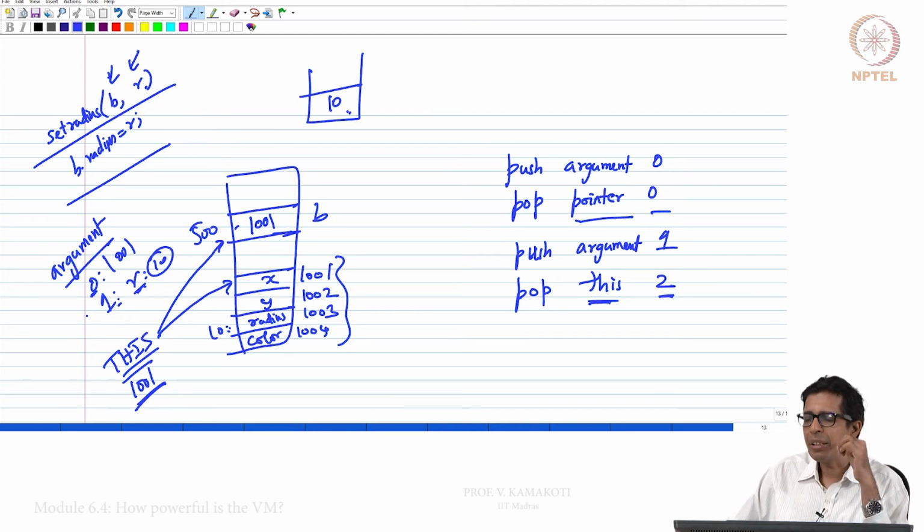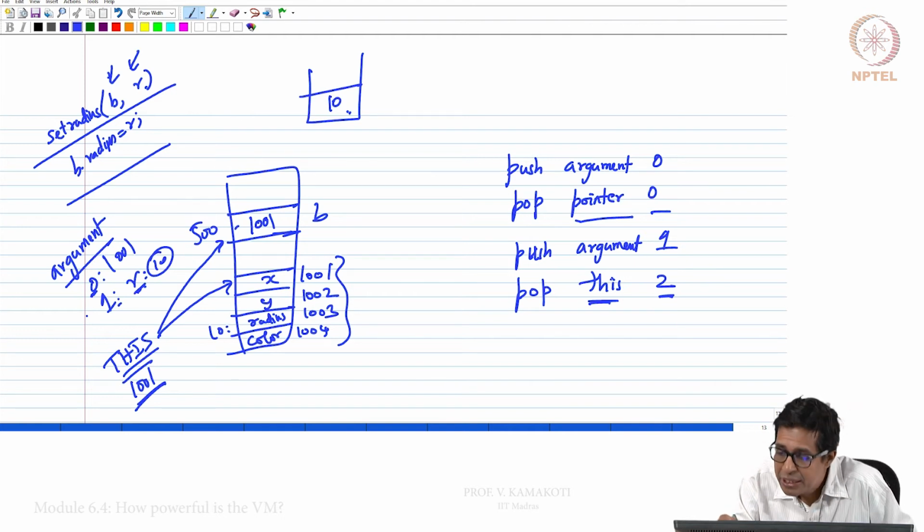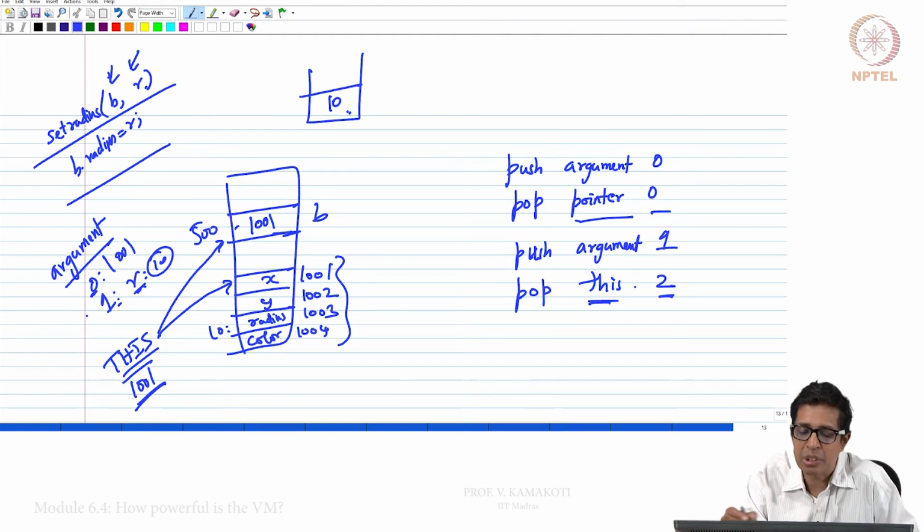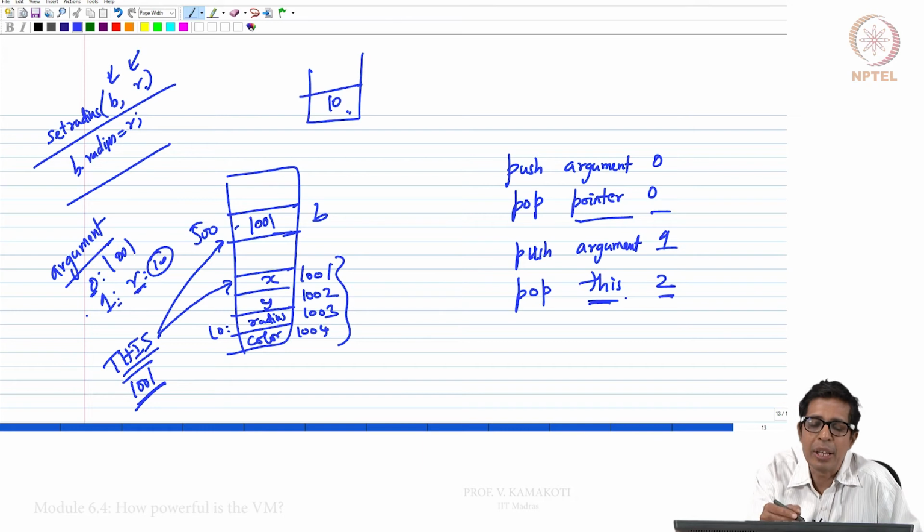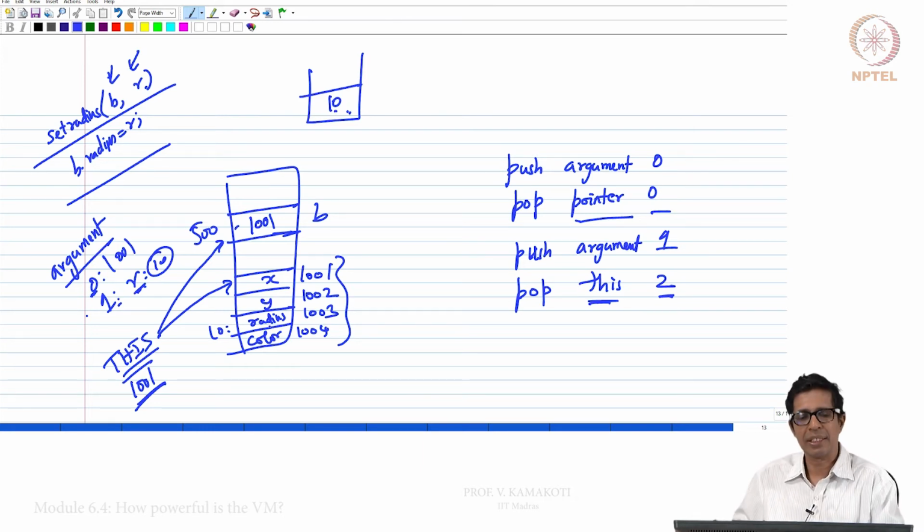So, right now I push argument 1. Argument 1 is R for me, so I am pushing 10 into the stack, and now I say pop this 2. So this now is pointing to the ball, that is 1001. Now when I pop this segment plus 2, that is 1001 plus 2, 1003, I pop the value 10 onto this radius, which is 1003, right?